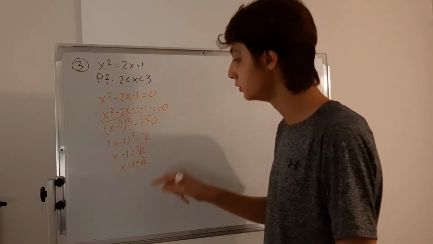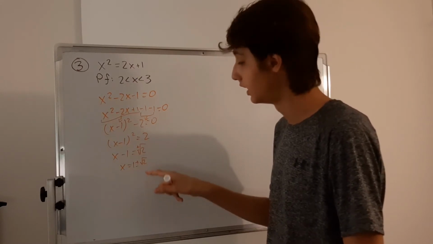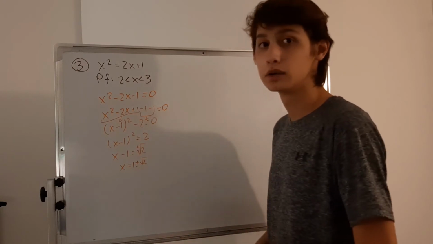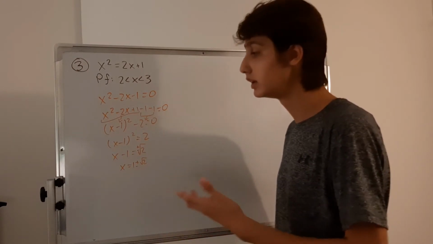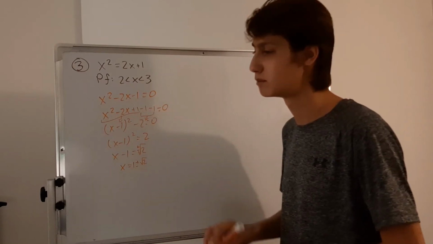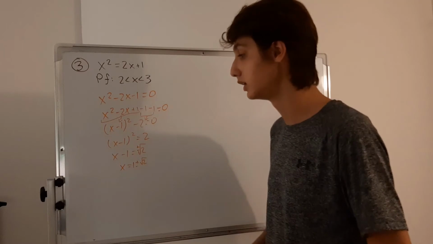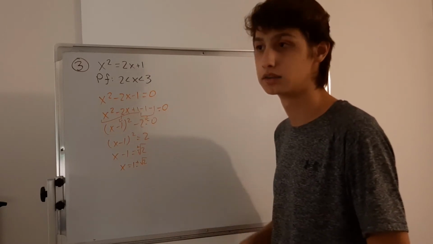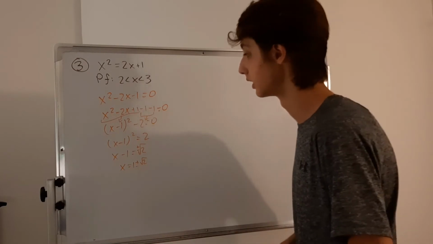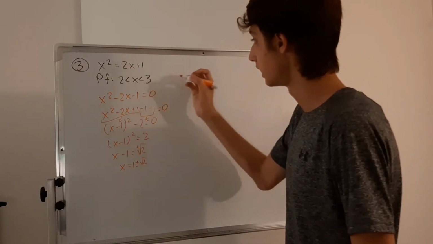So now we have two cases. We have a case where x is 1 plus square root of 2, and a case where x is 1 minus square root of 2. We can do both, but we only need to do one, because that will prove this for us. So I'm only going to do the positive one. But if you want, you can do the minus, and that'll give you some practice, okay? So here we have to prove that